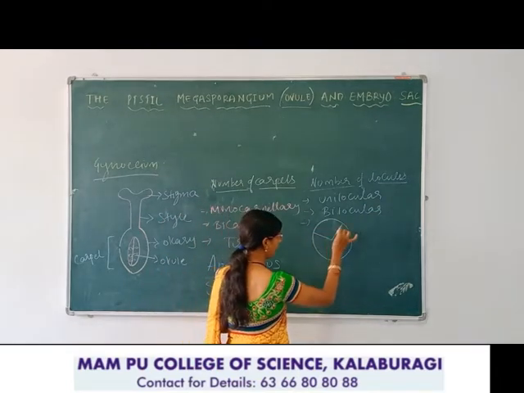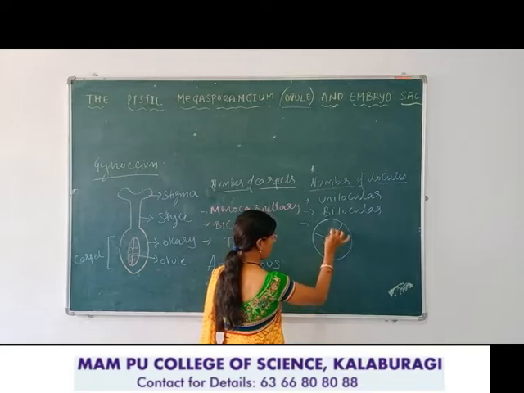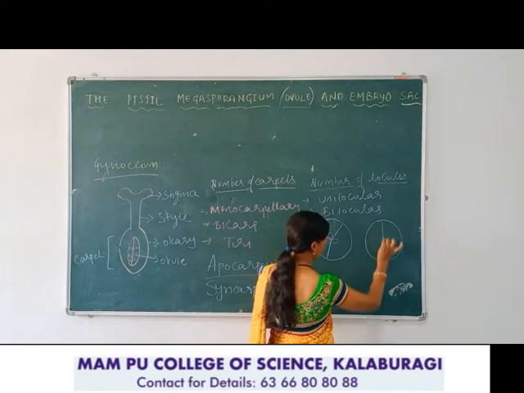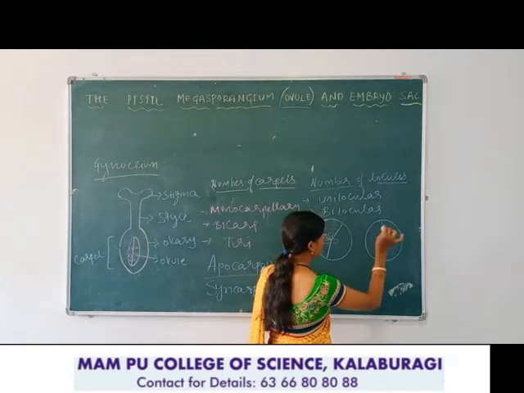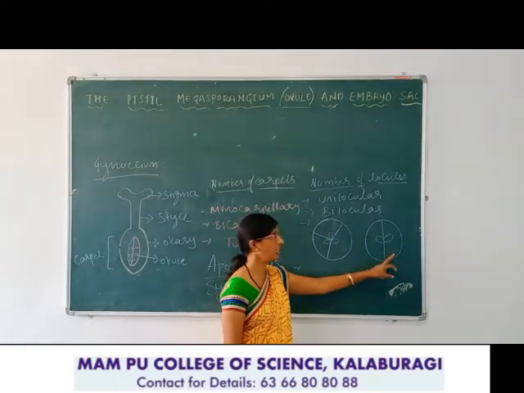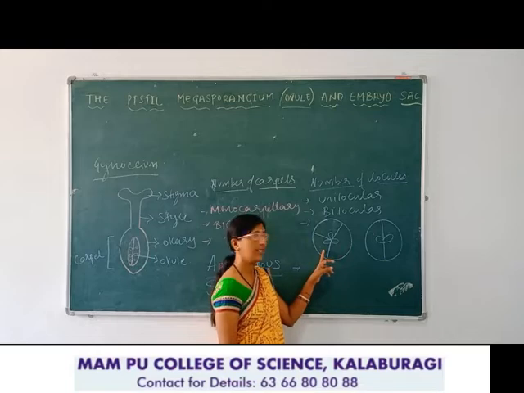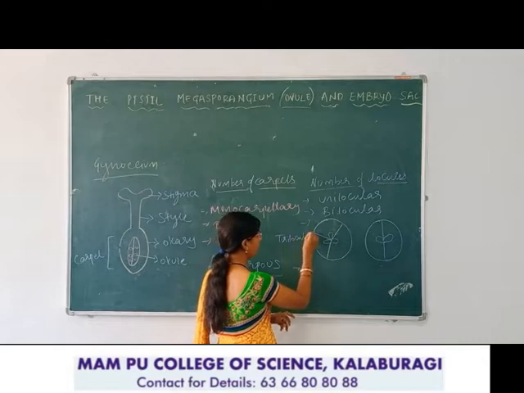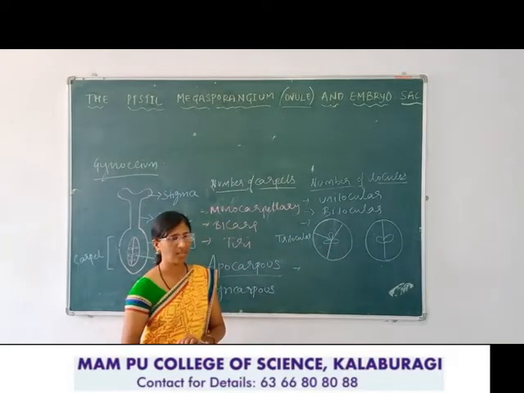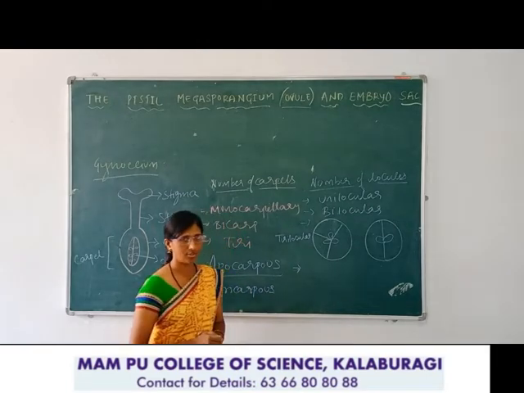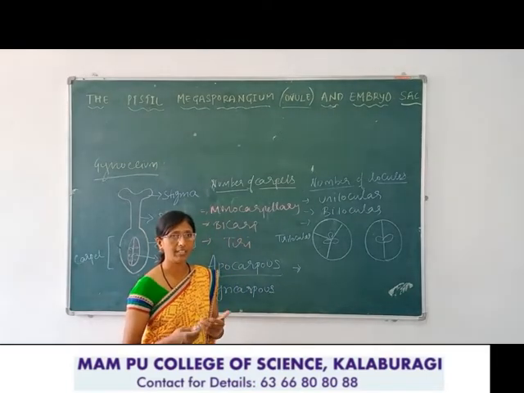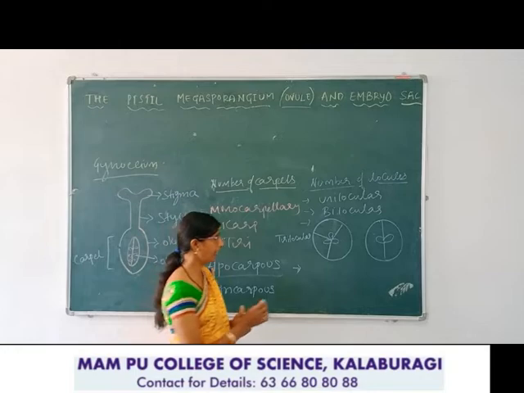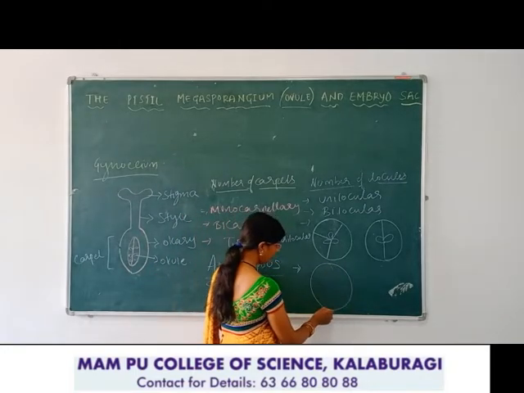So we will show the example of trilocular. This is 1, 2, 3, and this is 1, 2. This is the bilocular having 2 chambers. This is the trilocular. Unilocular means only having 1 chamber. If it is 4, tetra. If it is 5, penta. If it is many, then it is called polylocular. For example, penta.